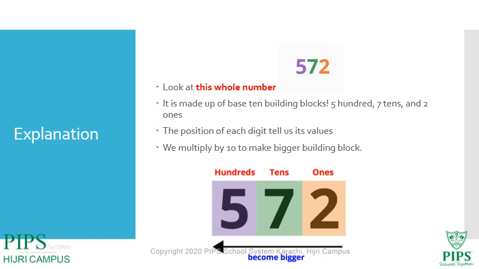Now we have to see them by placing them in the place value chart. So we will start from right to left. The extreme right value will be the smallest value, and the extreme left value is the biggest value. So when we are discussing the highest and the smallest value, then 2 is known as ones, 7 is known as tens, and 5 is known as the hundreds value. Okay, this is how we will divide the digits in a place value chart.